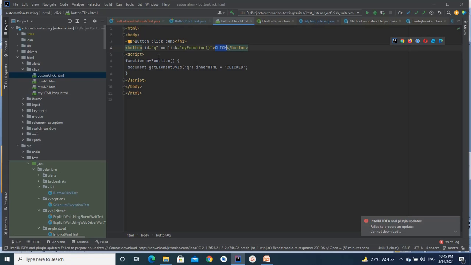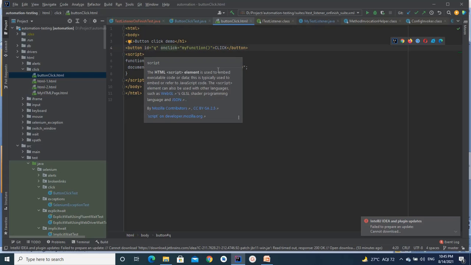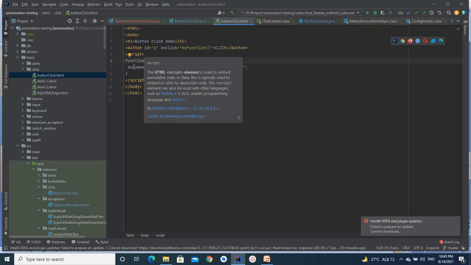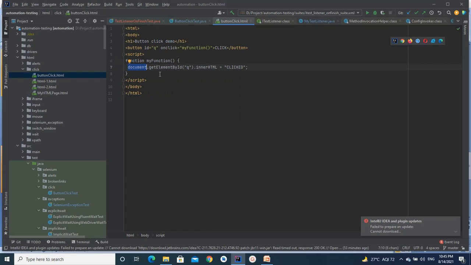Once someone clicks on this button, either manually or using the Selenium script, this method gets called, where I'm doing document.getElementById.